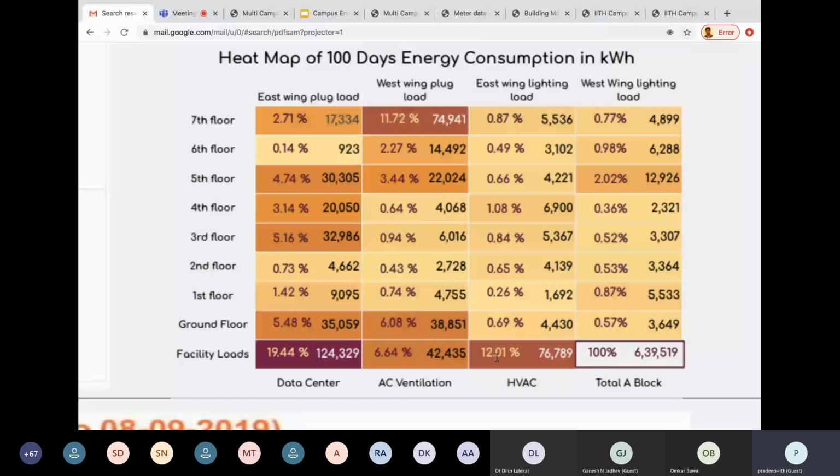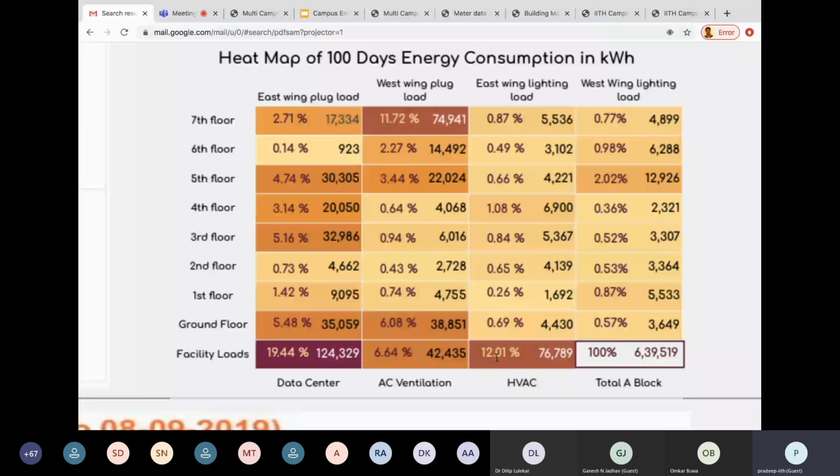If I want to go for reduction of the bill, savings in electricity, I need not worry about the various other parts of the building. I'll mainly focus on the data center and HVAC. Thereby, through temperature control and things like that, I can reduce the electricity bill. Even if I reduce 1,000 units per day, at 8 rupees, 8,000 rupees per day will be reduced. That goes to 2.5 lakhs per month, and almost 25-30 lakhs per year, which is a huge saving.